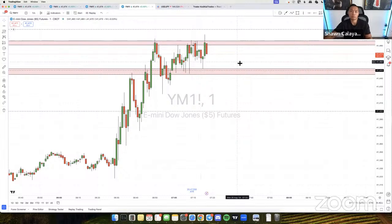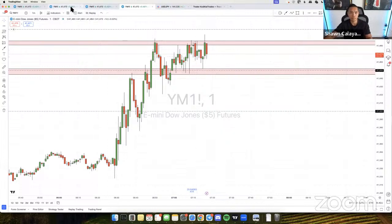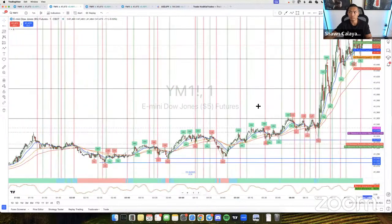So for me, what I would recommend is to just sit out of the market. Don't take any trades. I'm kind of glad my NinjaTrader is screwed up right now, because otherwise I'd be trying to take some trades right now within this area where you can't see it as clear here. So like over here, it's not as clear,